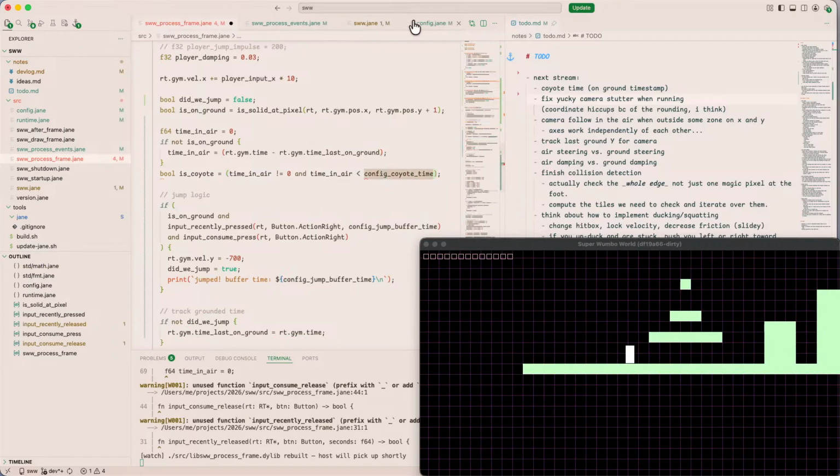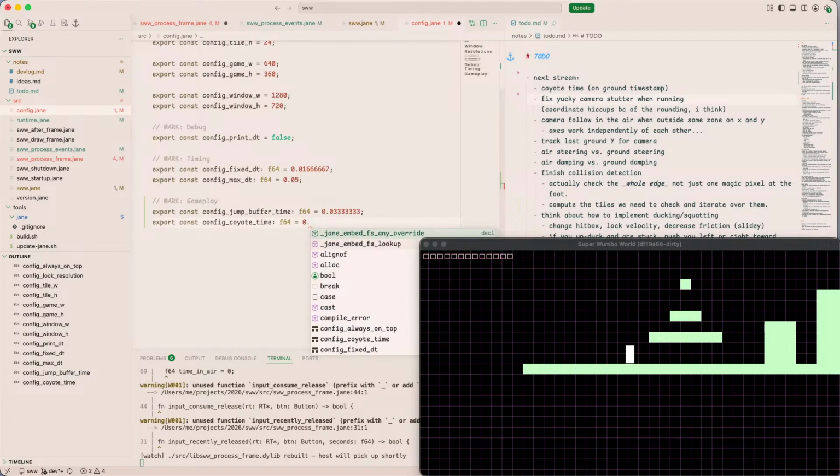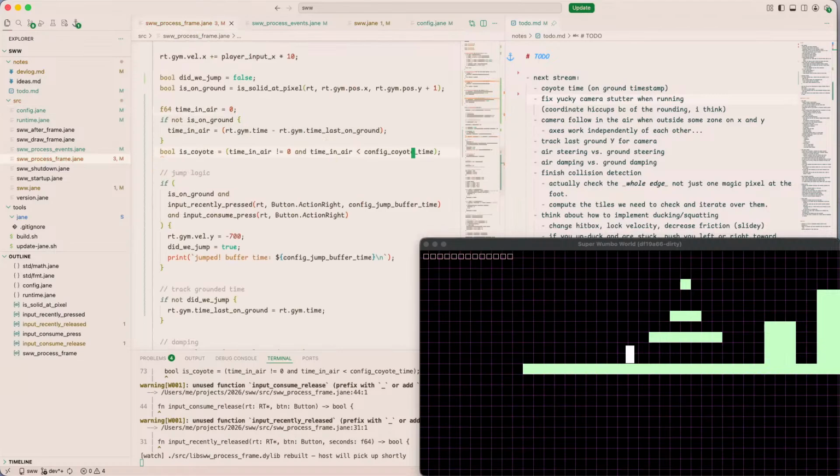So we're going to go create that real quick. And we'll say that the Coyote time, let's make it like 2 whole seconds to test it. And then we'll say